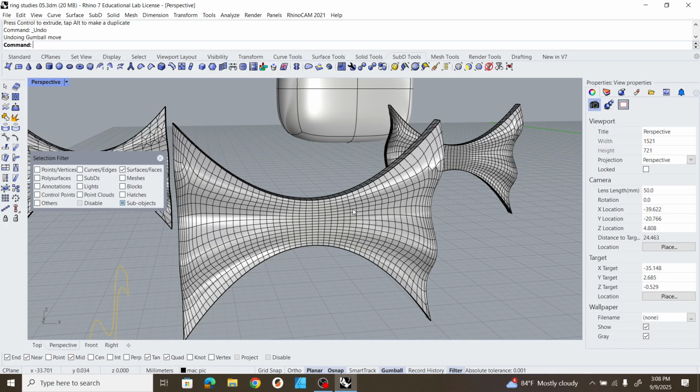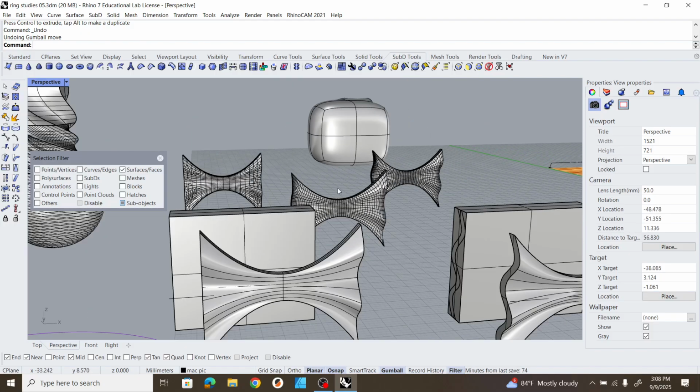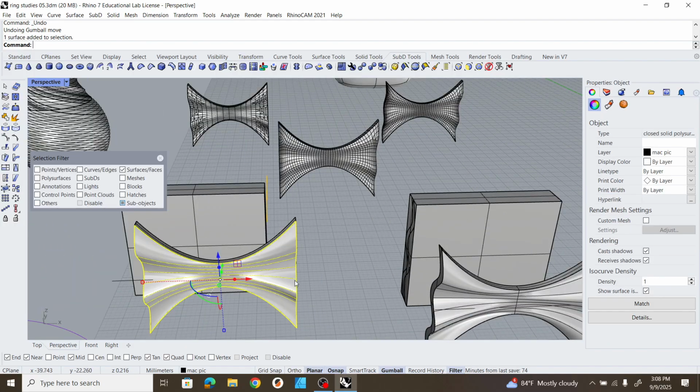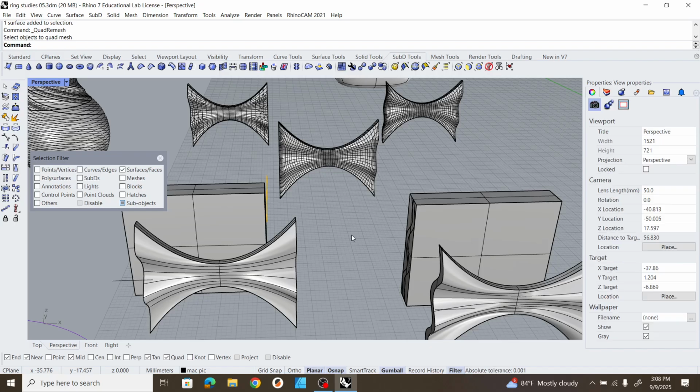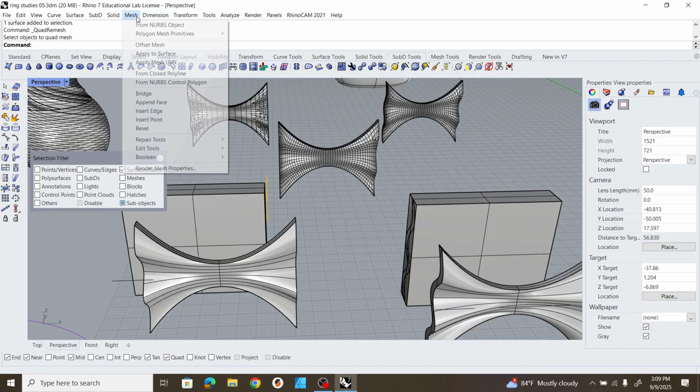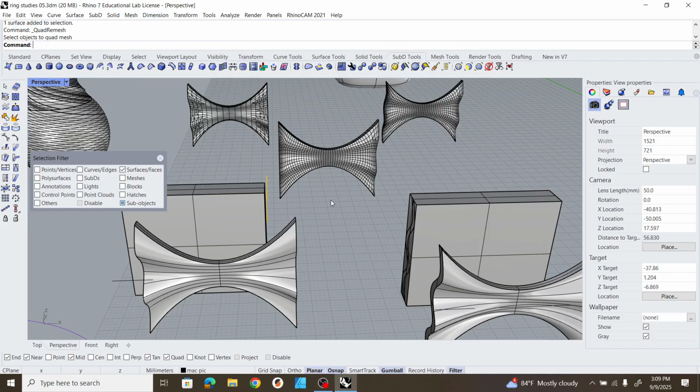Straight to the quad mesh? I don't know. Maybe we can. Yeah, looks like it needs to be a mesh first. So you have to go from a NURBS object, use the mesh menu, mesh from NURBS, and then from NURBS, or from standard mesh,